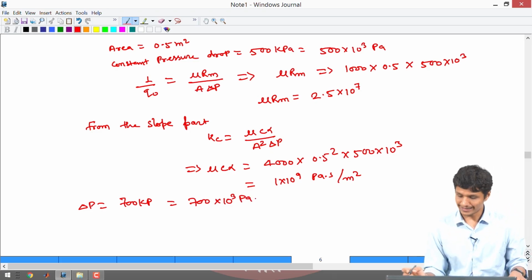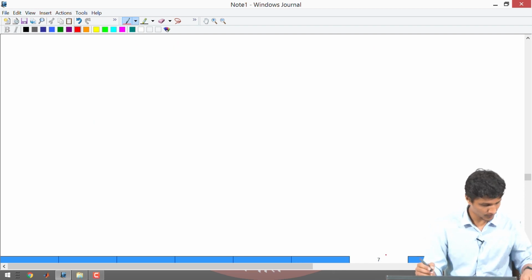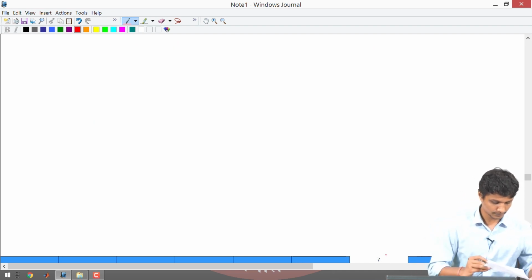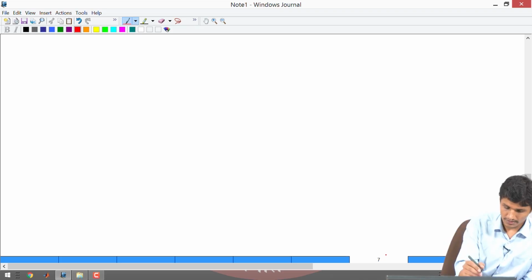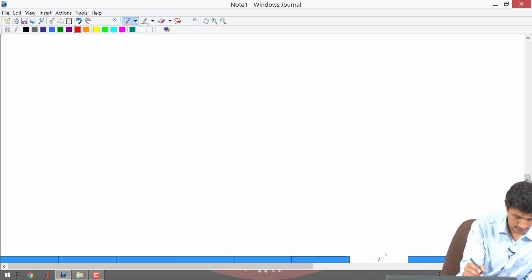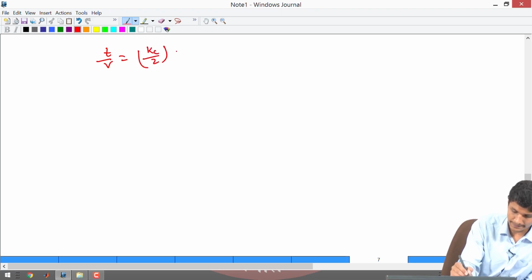So we will apply the same formula: t by V equal to Kc by 2 into V plus 1 by q naught